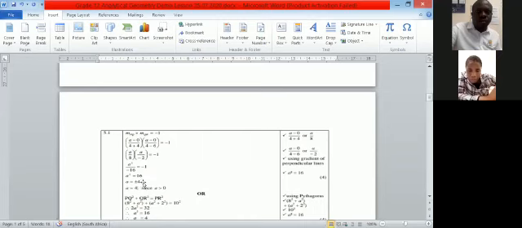Will be plus or minus what? 4. Why? Because if you say -4 times -4, you get your +16. If you also say 4 times 4, you also get your positive. That's why, with the quadratic formula, you remember, it's -b plus or minus the square root. Whenever you write the square root in front, you must put plus or minus before. Right? So, but now we take A is equal to 4 because our answer has to be greater than 0